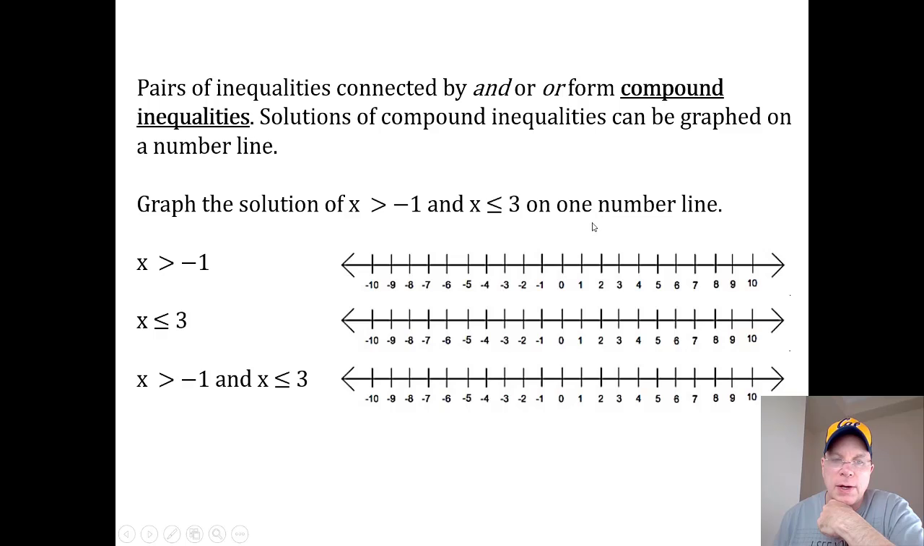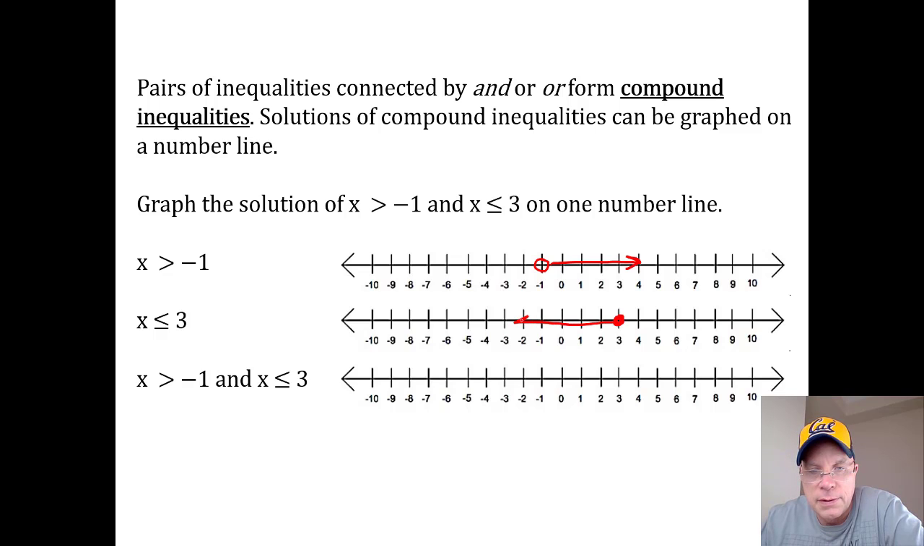3 on one number line, I would recommend at first just graphing them each separately. X is greater than -1 would be an open circle at -1 because it can't equal -1, but it can equal any value greater than -1. Arrow to the right. X is less than or equal to +3, so a solid circle at +3, and an